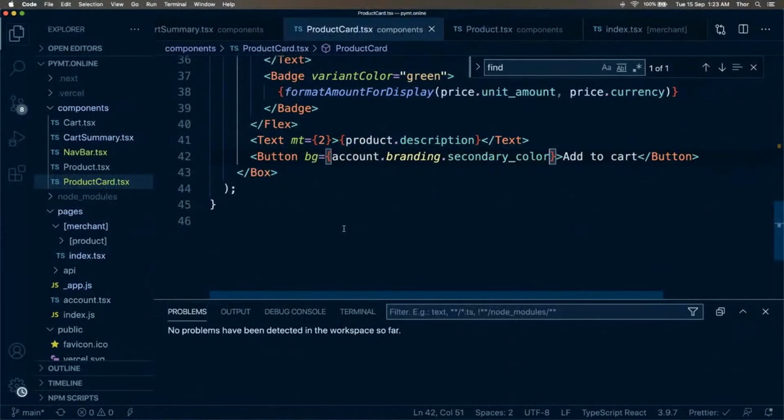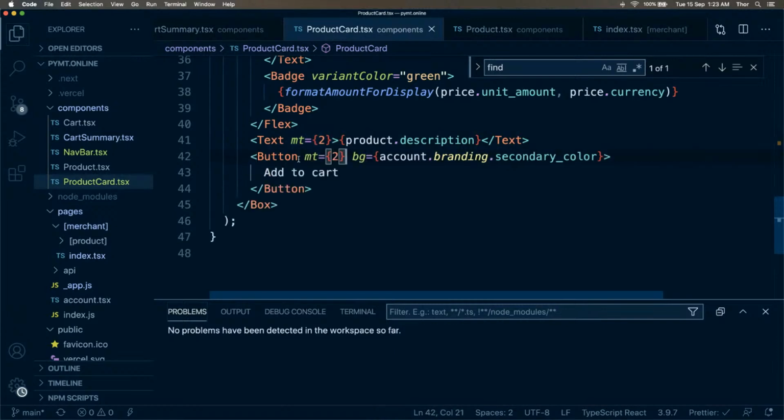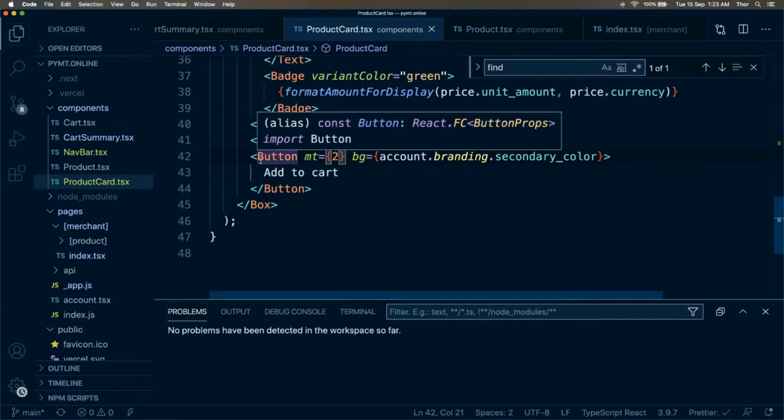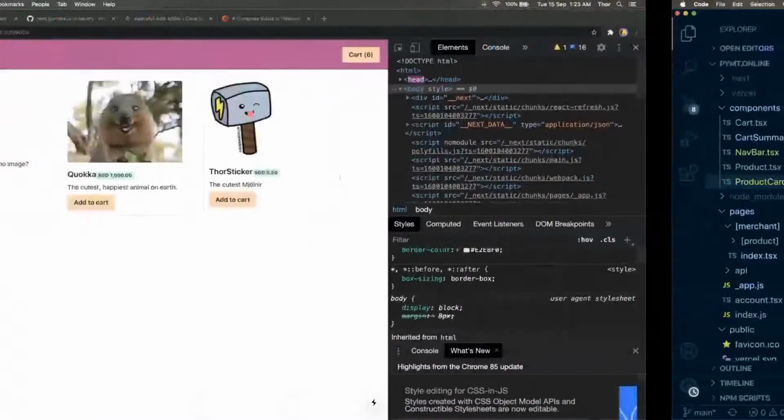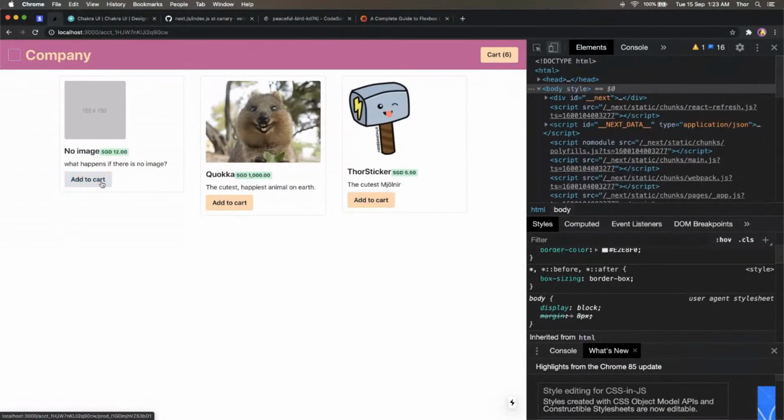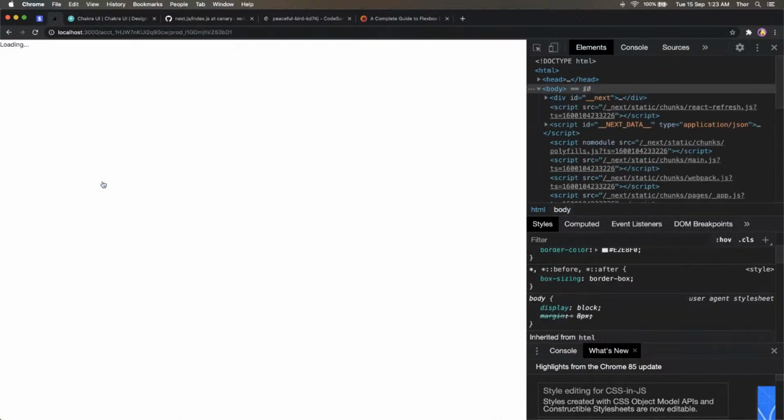Maybe give that some top margin. Maybe the same as this one. Top margin. Cool. Yeah, okay. It's getting better. So that button isn't hooked up yet. We'll get to that, but